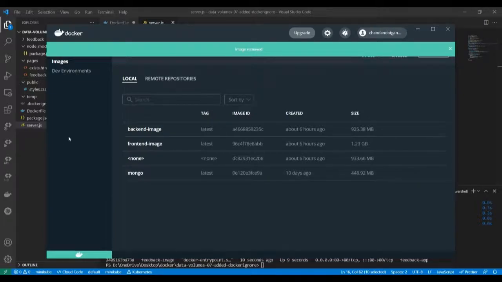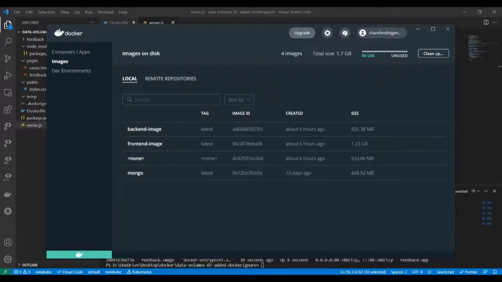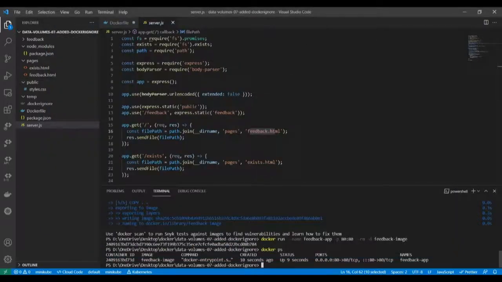We have removed the images, so we are on a clean slate. Now let us start the image build process. We will give it a name, say feedback image, and start the build. When this build starts, I will pause the video until it completes, and then we will resume.